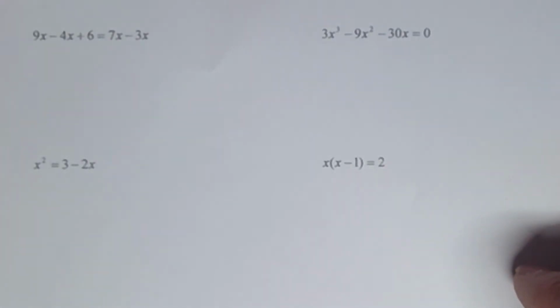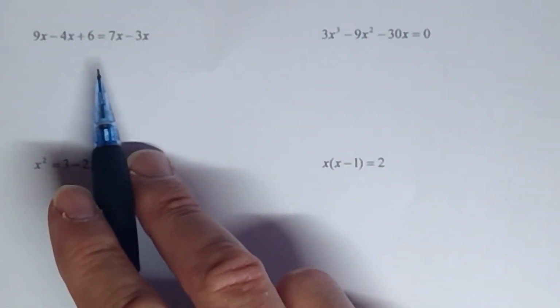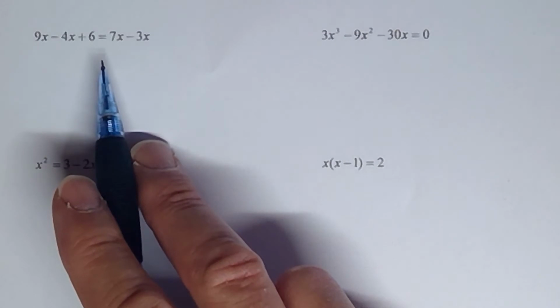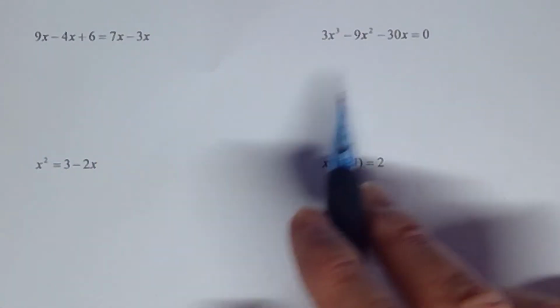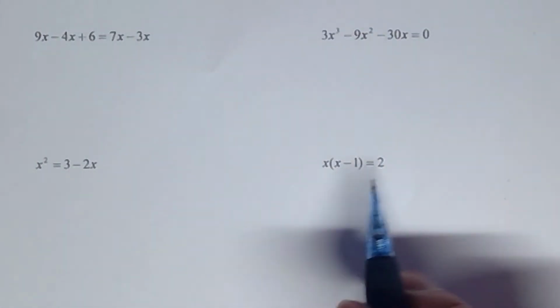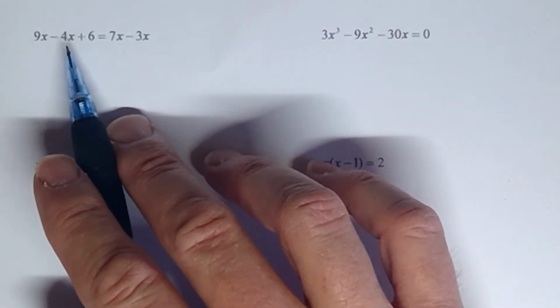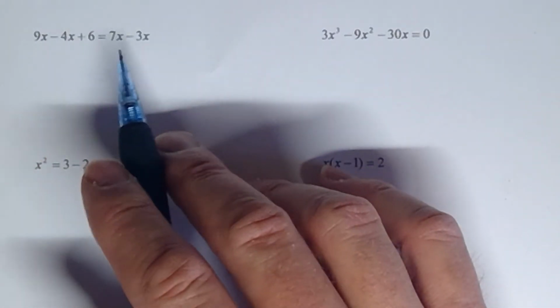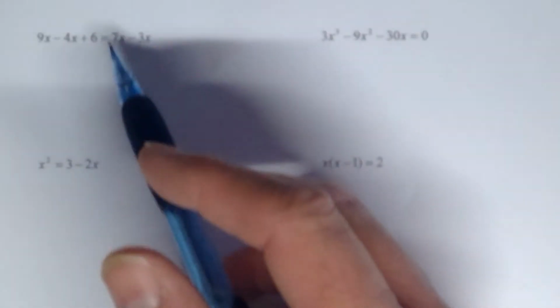But what we're going to do right now is make sure that we can recognize which type each one of these equations is. So let's get started with the first one. Notice here that there's a difference between this one and this one. We'll get to this one here. This one's a little bit different. We'll get to that in a minute. But the difference is that, yes, both sides of the equal sign are polynomials on all three of these that I just pointed at. All three of them are. But the difference is the exponents that are attached to the variable.